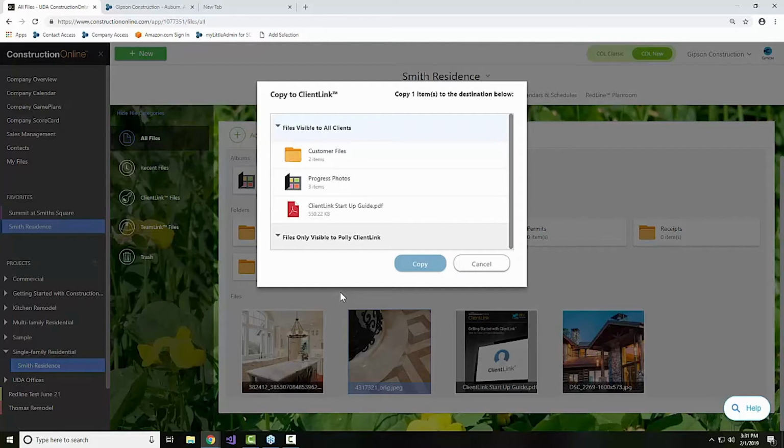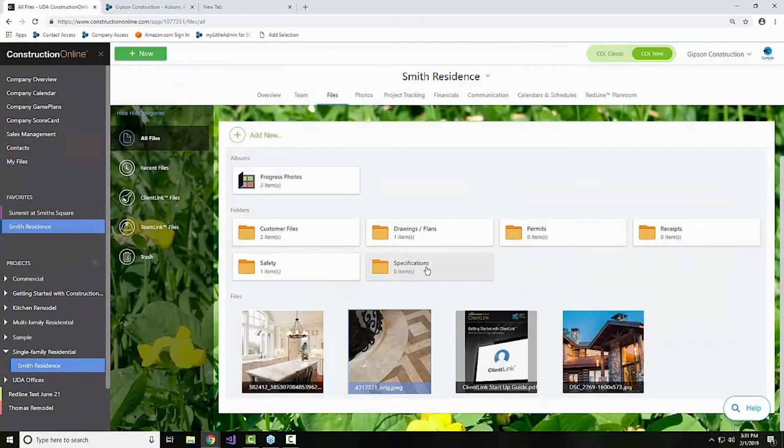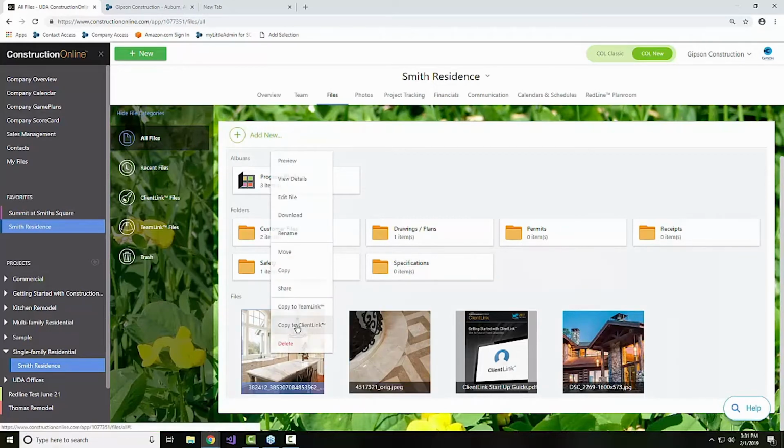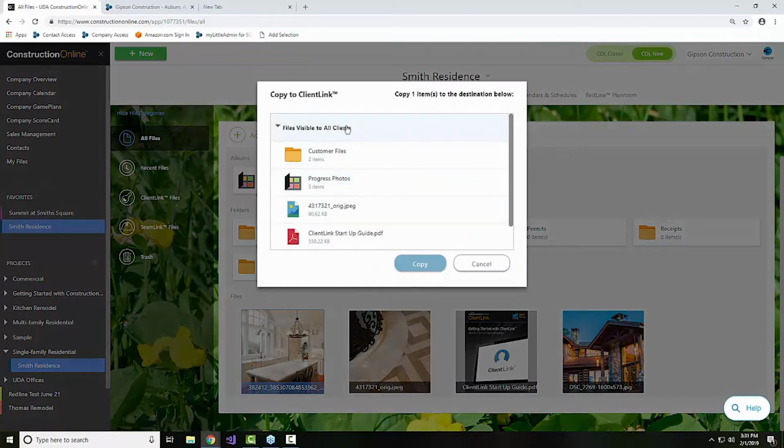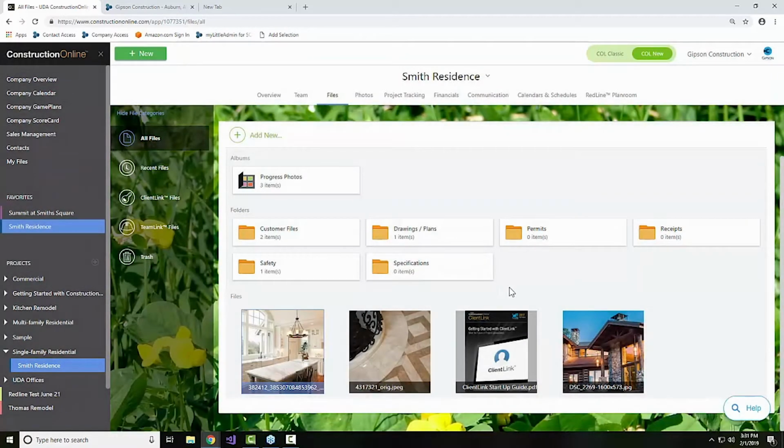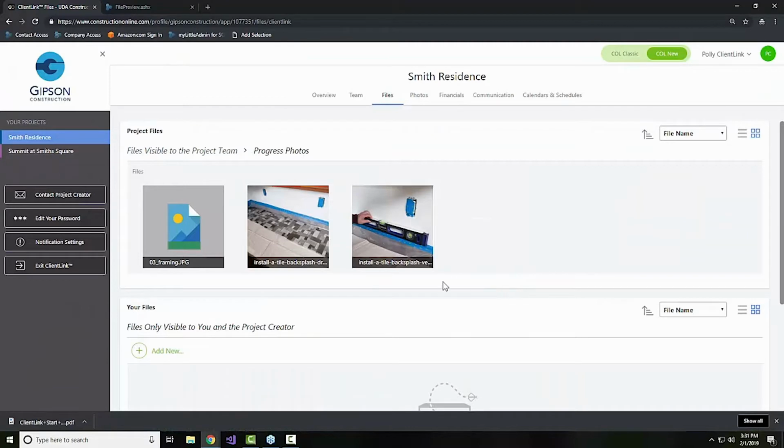or if you have multiple clients or owners on a particular project, you can choose to share files or pictures privately, maybe with an individual, which is really convenient on those jobs where you do maybe have an investor and an owner's rep or multiple parties involved on the customer end. So you do have, again, control over who sees what. So as we copy this information over, that will go ahead and make that available to our clients in the portal. And then the next time they log in, they're going to see that information,